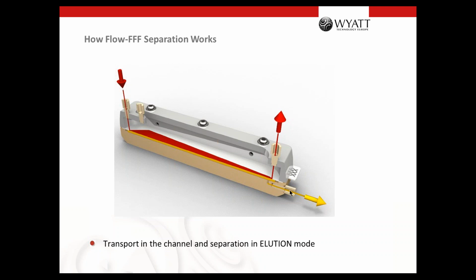Then we have here on this side, at the channel outlet, the detectors. And of course, the detectors produce a lot of back pressure. Usually, that's 5 to 10 bar. And below the membrane, there the crossflow comes out. And the crossflow does not have a back pressure. So that means if we pump liquid in, it would prefer to go out here.